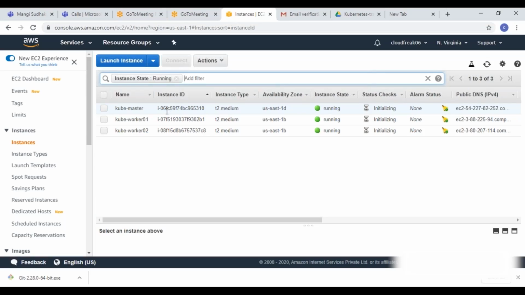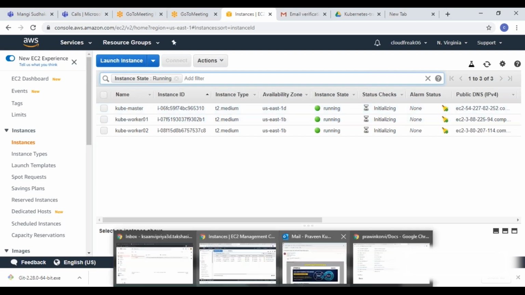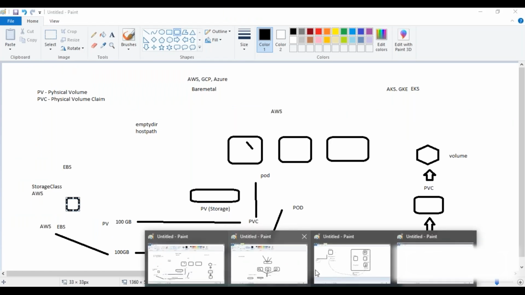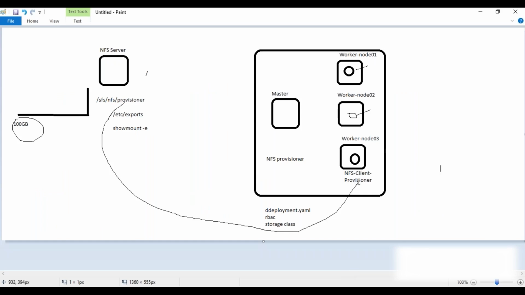So today we're discussing dynamic provisioner, and for dynamic provisioning we selected NFS. So we created an external NFS server. From there we created one NFS share, and by using that share, we deployed an NFS client provisioner pod inside the cluster so that this NFS client provisioner can become the gateway for the pods which require PVC or PV, and we